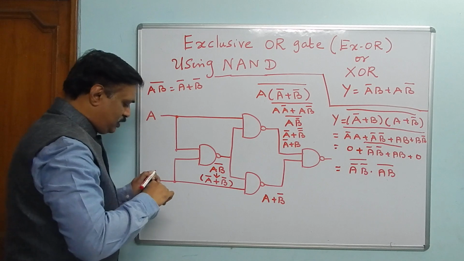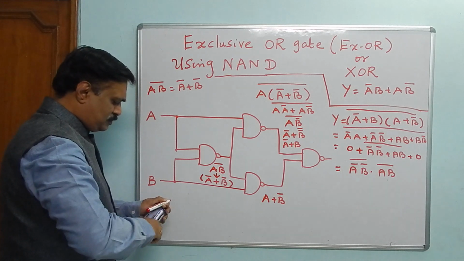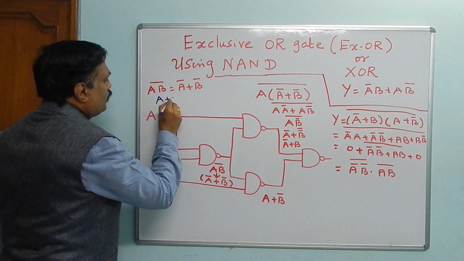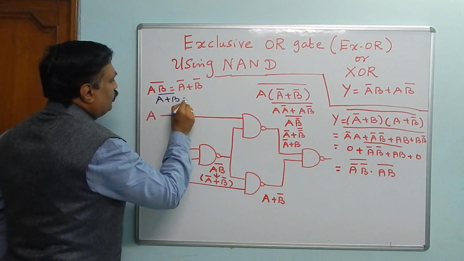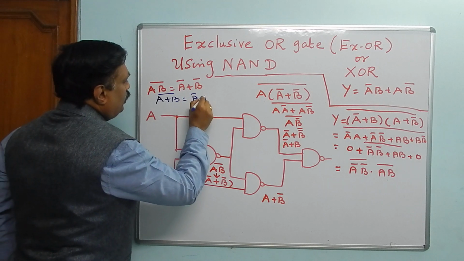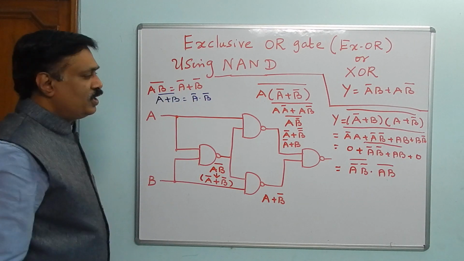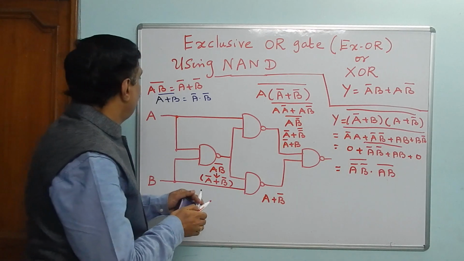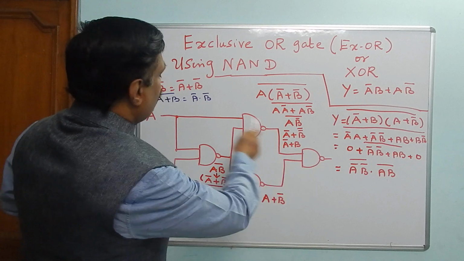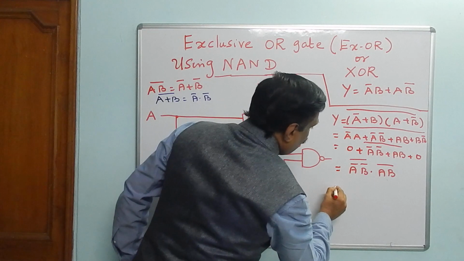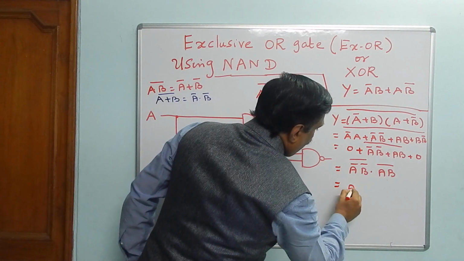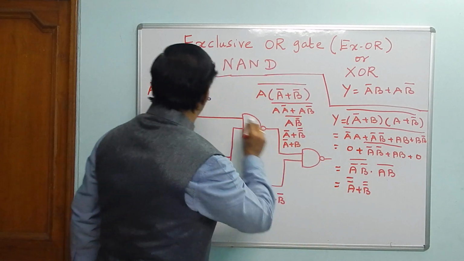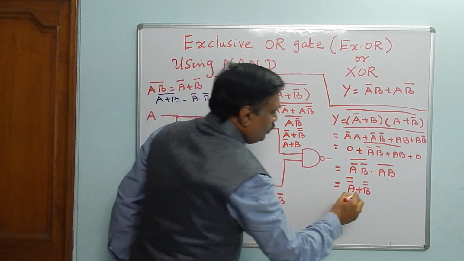That means I will write here: A plus B complement equal to A bar and B bar. Okay, I am applying this one. Now if you apply this, what will you get? I am applying the same thing only. Okay, that means you are getting A bar bar plus B bar bar, plus,